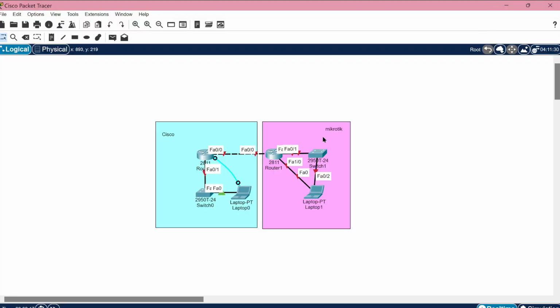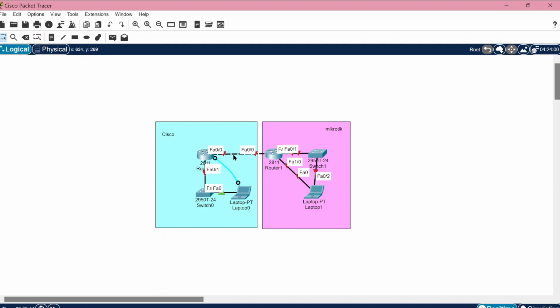So this is in the left the topology for Cisco. This is router Cisco. Connect to laptop with the console cable and connect to switch with the straight cable, and connect to router for cross cable.